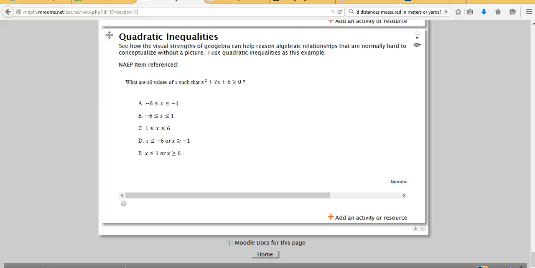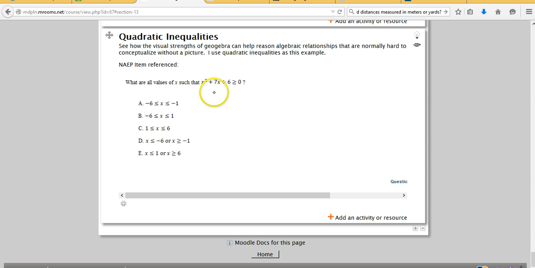How you doing, guys? This week's topic is on quadratic inequalities and how we can use GeoGebra to do some reasoning based off of a visual representation of an algebraic problem, like when is this quadratic, what values of x make the outputs of this quadratic pattern greater than or equal to 0? Okay, so to do this, all we have to really do is in GeoGebra, we're just going to input